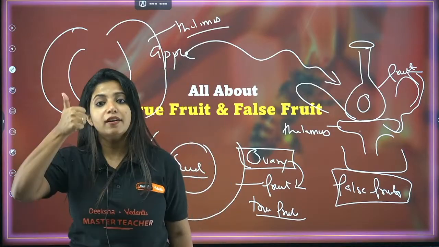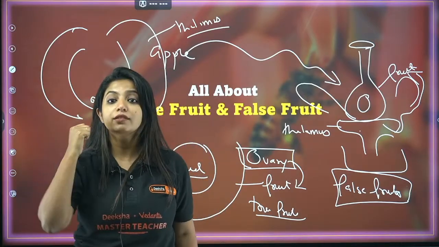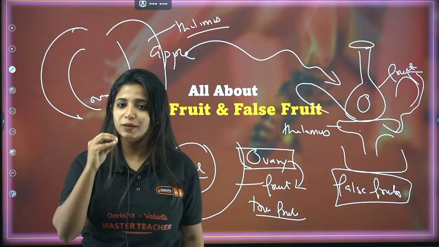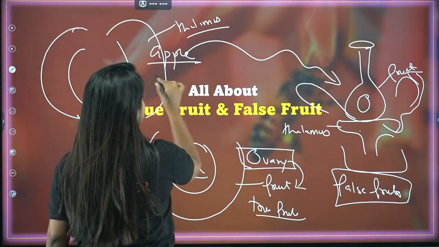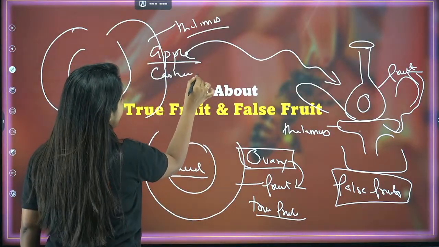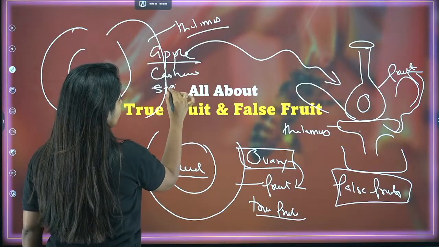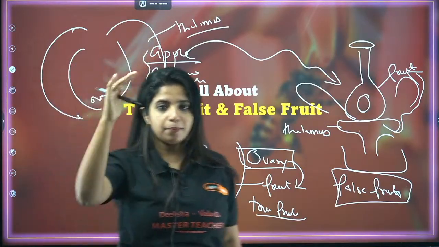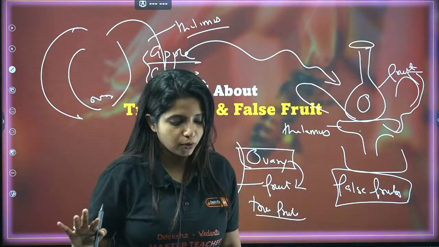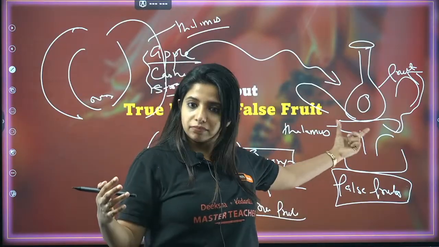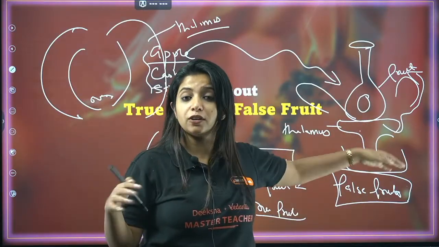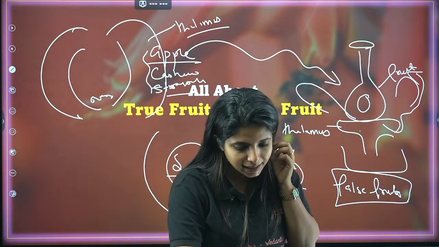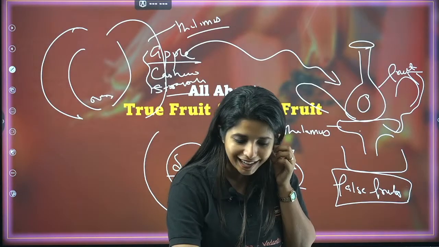Apart from that, you have cashew. Apart from that, you have strawberry. These three things are false fruits. So please remember, you have apple, you have cashew, and we have strawberry. So ACS, apple, cashew, strawberry, they are all false fruits. Now it can be thalamus, it can be other parts of the plant also which can help in the formation. Cashew, strawberry, apple, false fruit. Exactly. And Suvarna, yes dear.